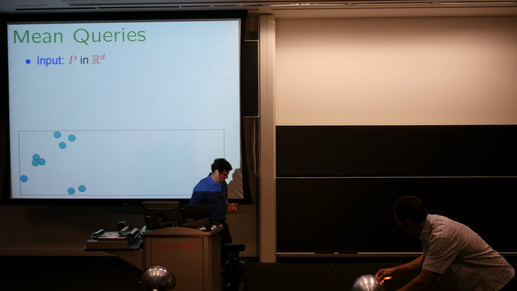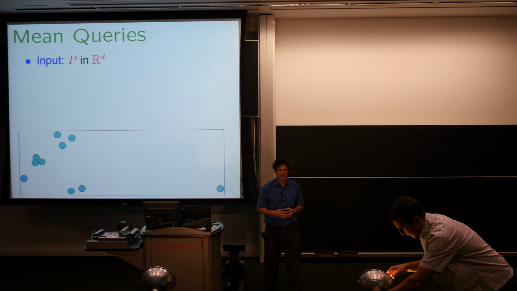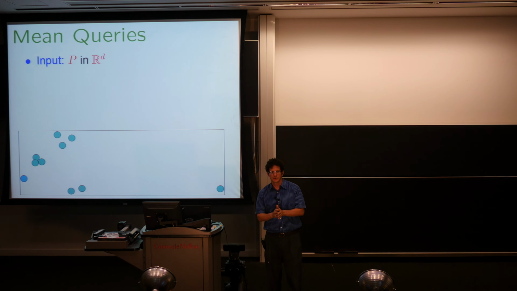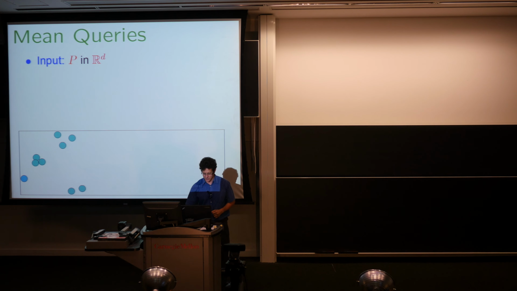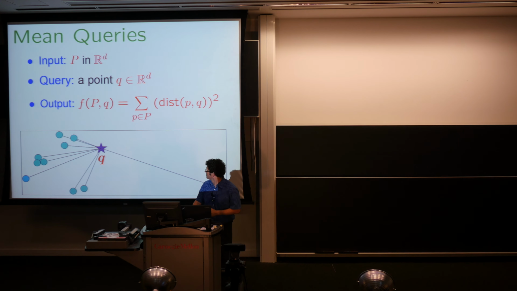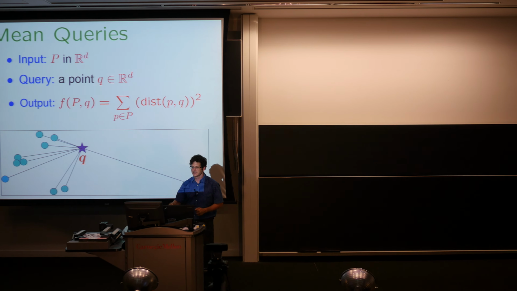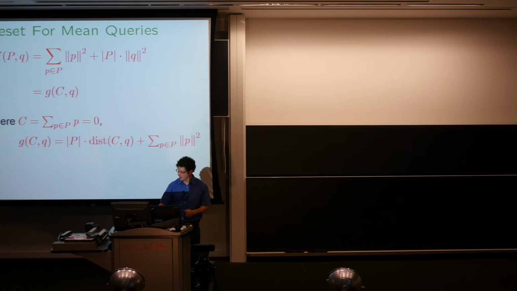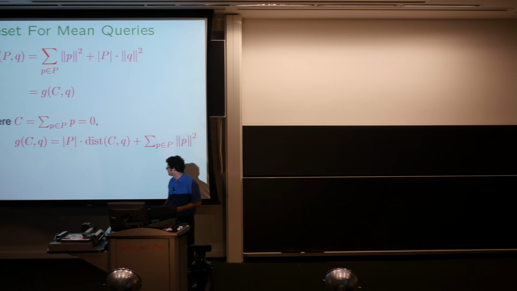So yesterday we started to talk about, for example, mean queries, and we constructed some coresets, but it was very specific to a specific problem. For example, in the mean queries, we assume that we have n points. The query was another point or a center. We want to compute the sum of square distances for this point. And we showed that using simple algebra, you can just